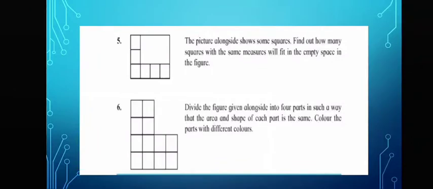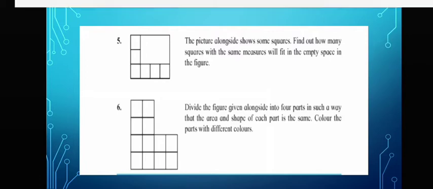Now children, question number 5. In your maths textbook, page number 74, the picture alongside shows some squares. Find out how many squares with the same measures will fit in the empty space in the figure. So let us see.